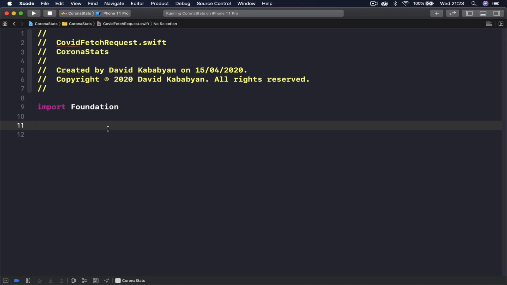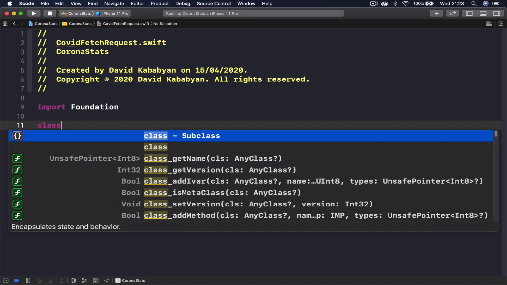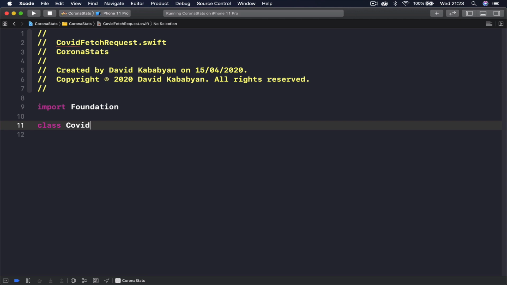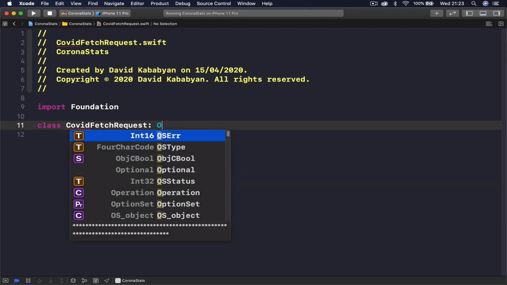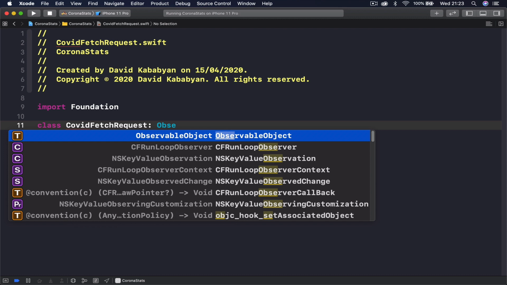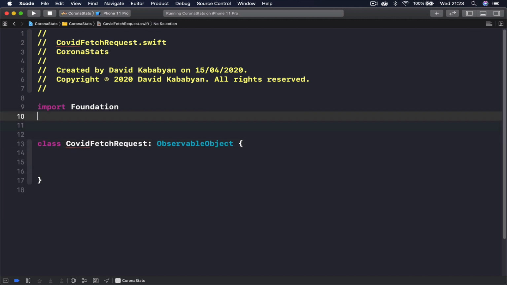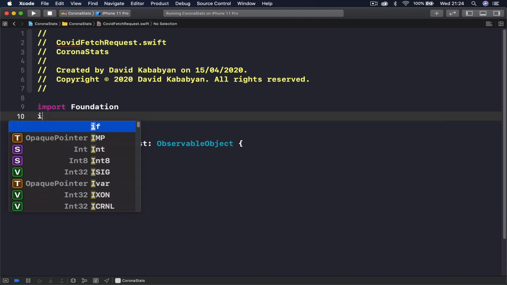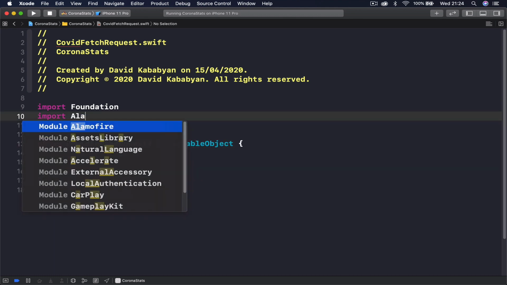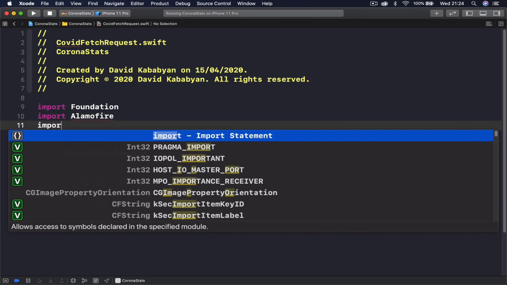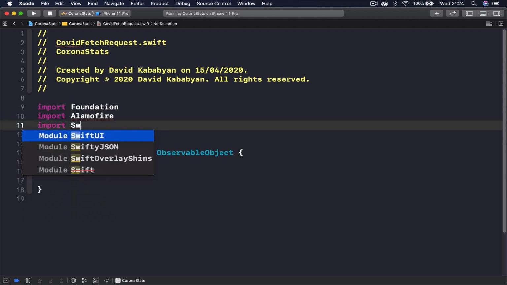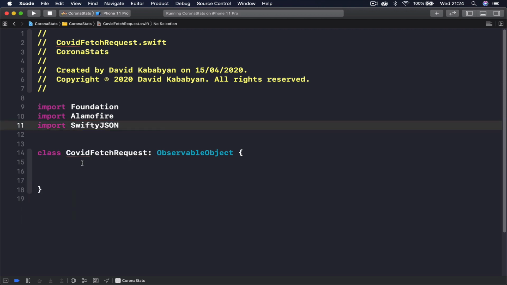And let's create a class. Call this CovidFetchRequest, and we're going to conform to the ObservableObject protocol. And since we want to use Alamofire and SwiftyJSON, I'm going to import them. All right,